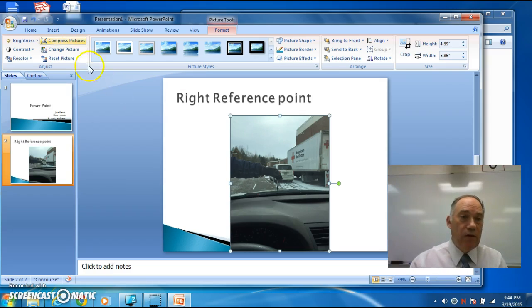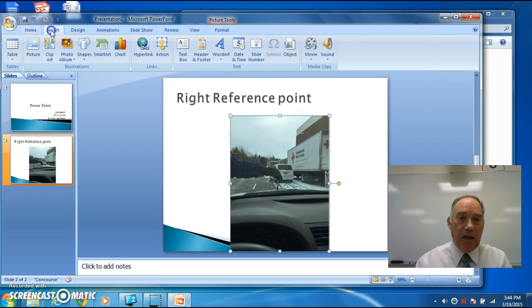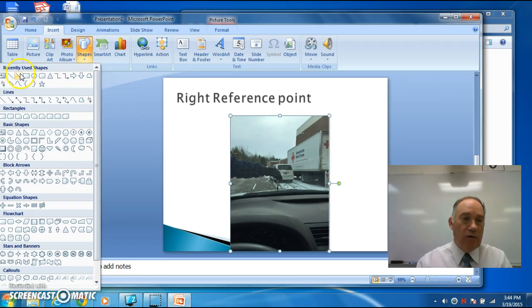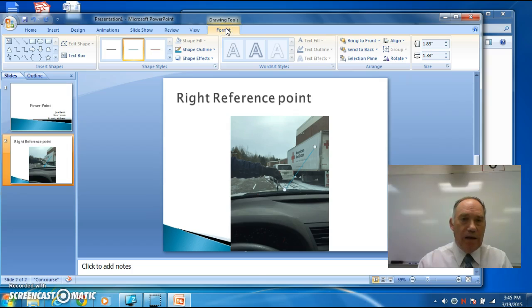There are some other things that we can do if we go back over to home. Actually, where you can insert shapes, and the shape that I'm going to use would be an arrow. And if I click over like this, I can draw a line to it, and that line is rather thin. It's a little bit difficult to see, so what I want to do is come back over to probably the format,